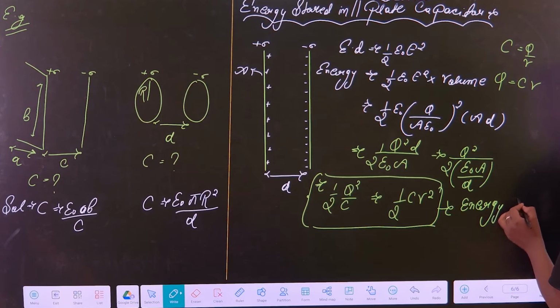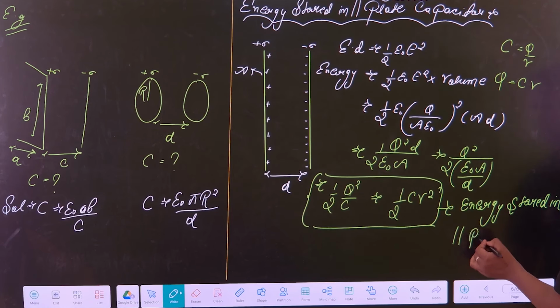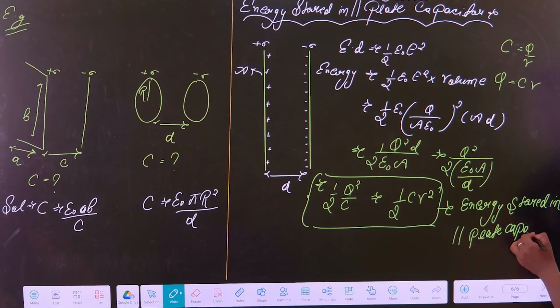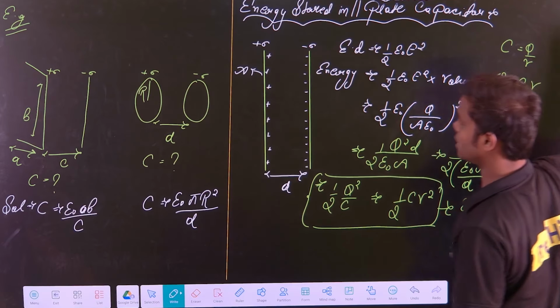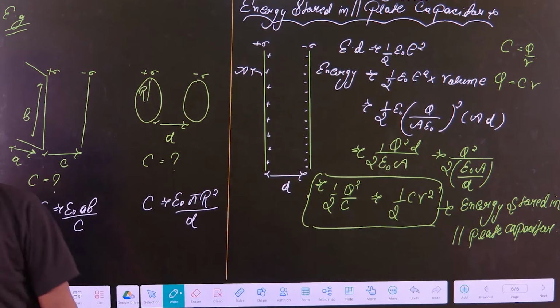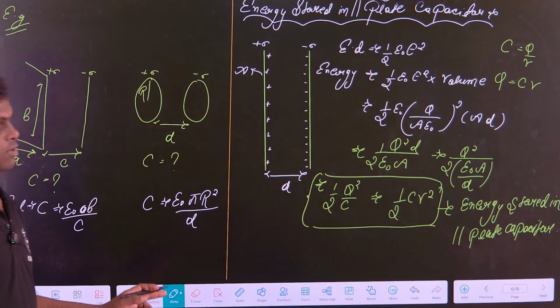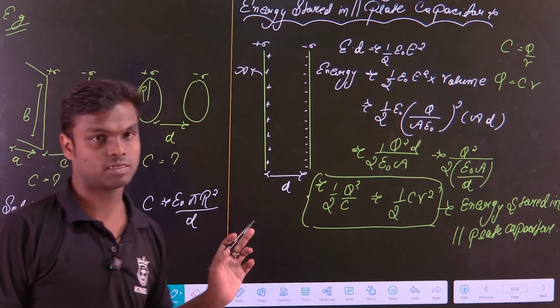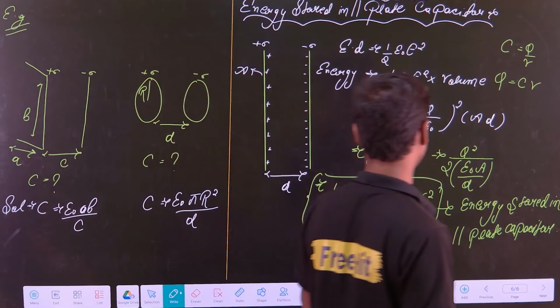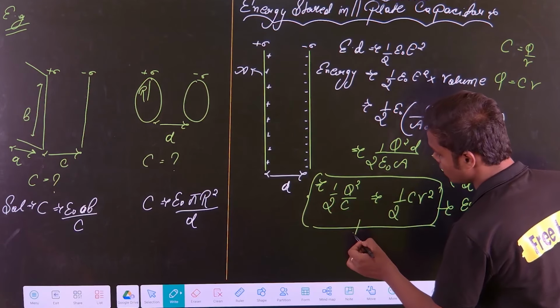Energy. Remember, this is the energy stored in a parallel plate capacitor, not every capacitor. This formula you have to remember every time. What is energy stored in a parallel plate capacitor? Half Q square by C, or half CV square,